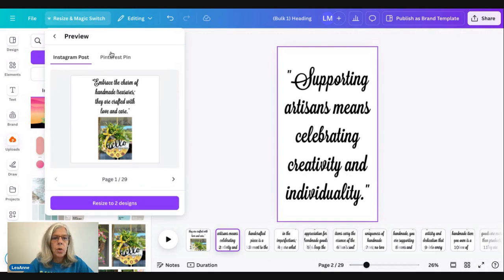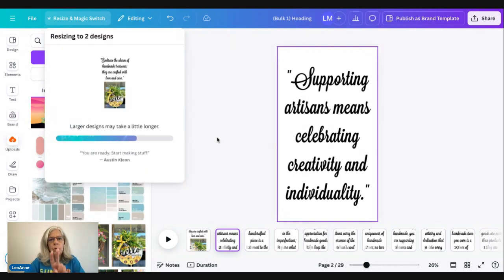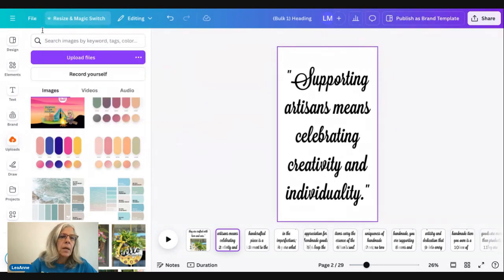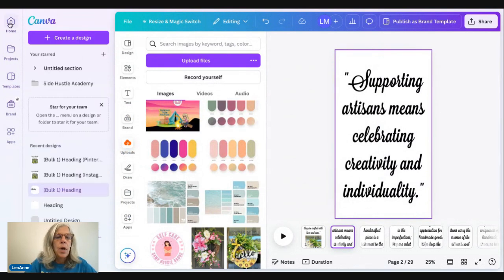And it's going to show a preview. So this is what the Instagram post will look like. And then if I click here, this is what the Pinterest pin will look like. So if you click resize 2 designs, which we will go ahead and do, 2 new tabs are going to show up on your computer if you open the designs, okay? We don't have to do that right now, but that is how it would work. So if you click on open designs, you'll get a tab for each one that will open up in your browser, okay? So let's go back to home at this point,